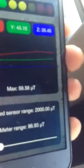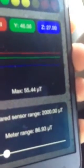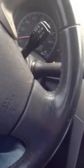I can't find the, sorry, it's blurry. Okay, there we go. Yeah, they're moving around because it's remote. But it gets about 60, there we go, 60 microteslas remote hit. I wanted to show y'all that because I want you to compare it to the readings that I'm getting in